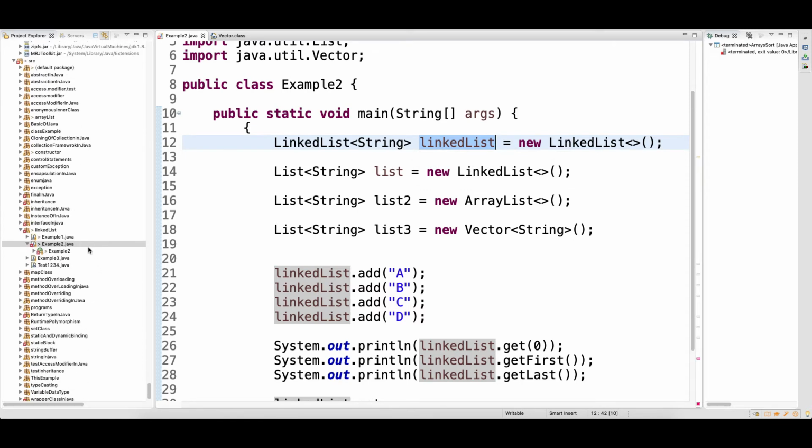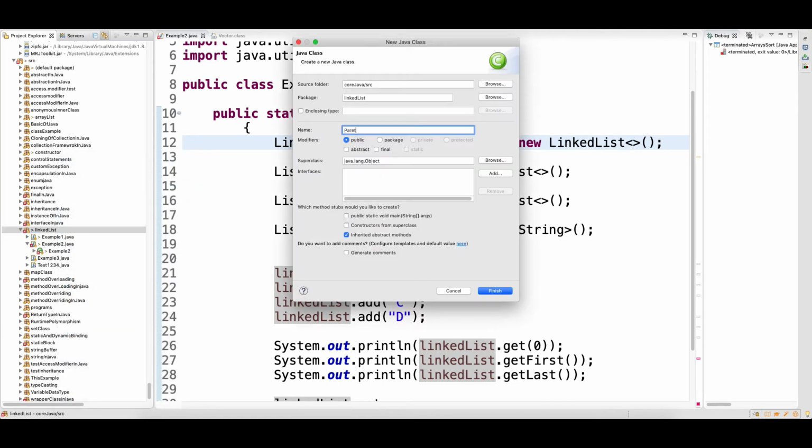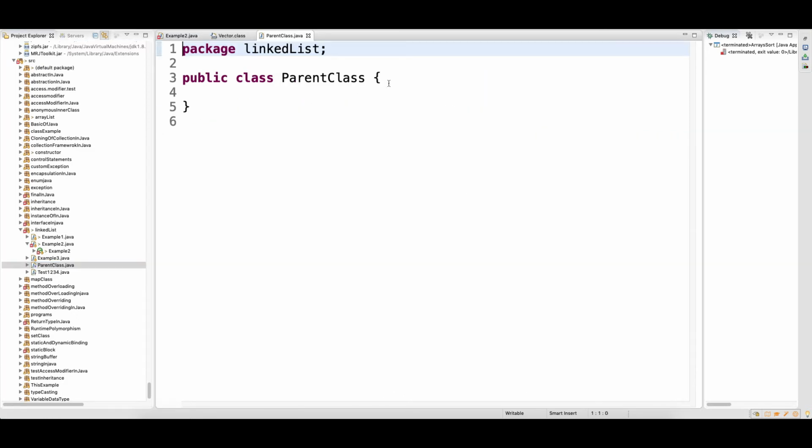Just to explain, quickly I will design one class. I have done a very good video on this when I was talking about interface, but again for you I'll do that.